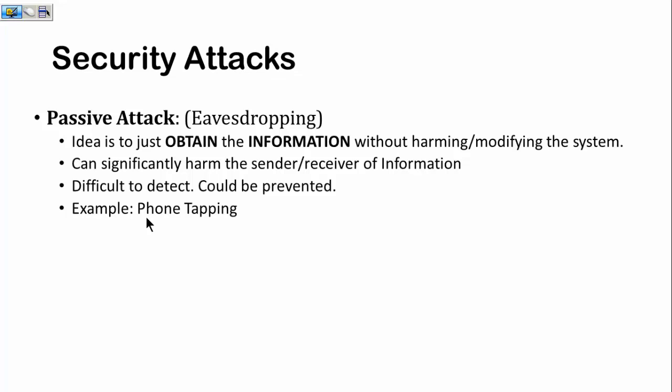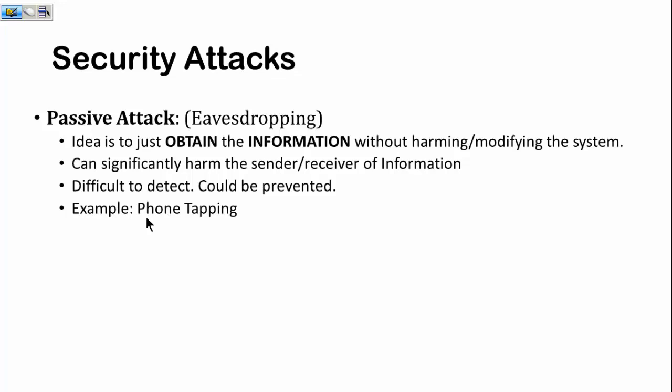Right? So what was he doing? Basically, whatever information the Germans used to send, he listened to that particular message and planned accordingly. So that is a kind of passive attack. These passive attacks are difficult to detect because the person is simply listening or overhearing the conversation, and while that is being done, you basically have no idea that the person is even listening to the messages. So they are very difficult to detect, but they could be prevented by placing certain security mechanisms in place.